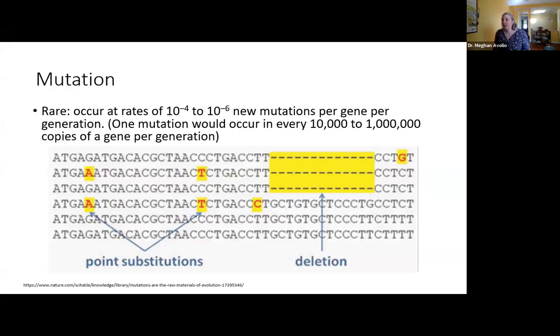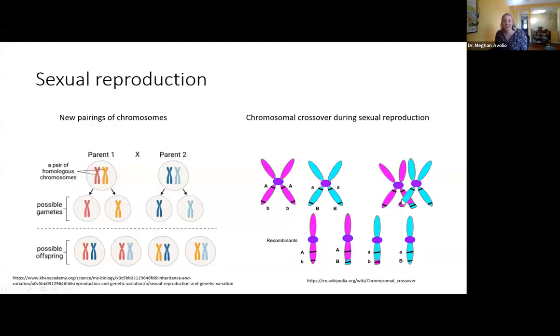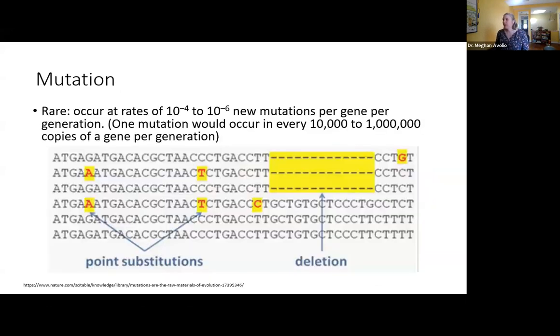Mutation, as I said, is a different way, and these are spontaneous. Mutations occur fairly rarely. They can occur during sexual reproduction, like in this example here, when chromosomes cross over. Sometimes there can be mistakes in that crossing over, and parts of a gene or parts of the DNA sequences can be deleted or duplicated. That's one example. Another example is DNA polymerase, which is the enzyme that is replicating our DNA, and it makes mistakes sometimes. These errors can result in point mutations. It's really excellent. It very rarely makes mistakes, but when it does, this can result in mutations.